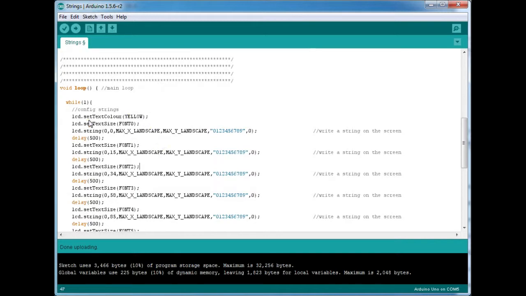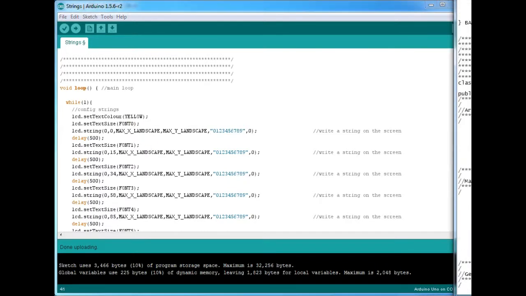Now we can set the color of the text. So here we go, lcd.setTextColor. Remember, the T is in caps, C is in caps, and the whole color needs to be in caps as it is pre-declared in the library. You can also set the font size. Now this is not font O, this is font 0, font size 0. Now the font size can range from 0 to 13 in the Smart GPU2 library.